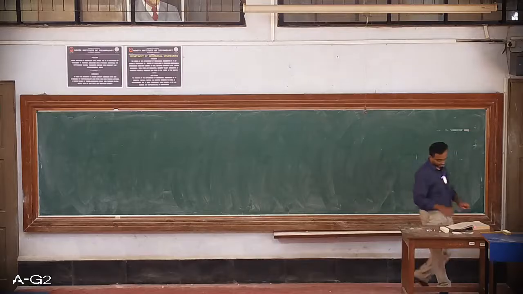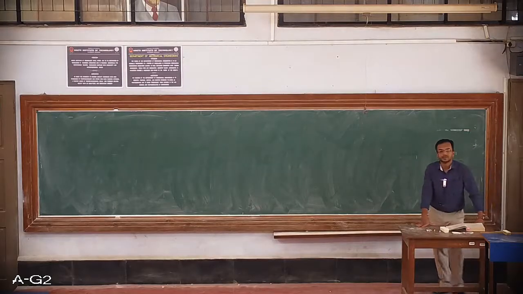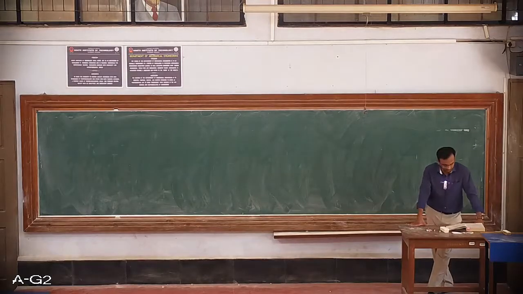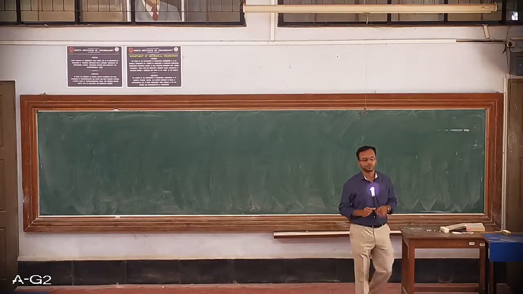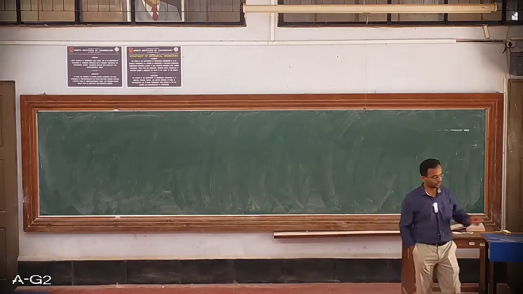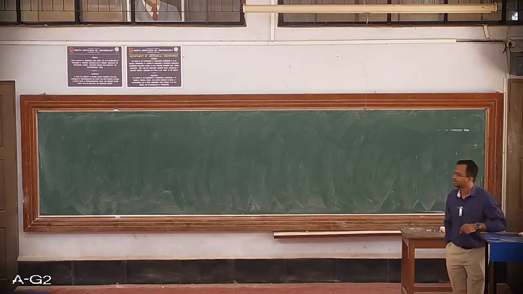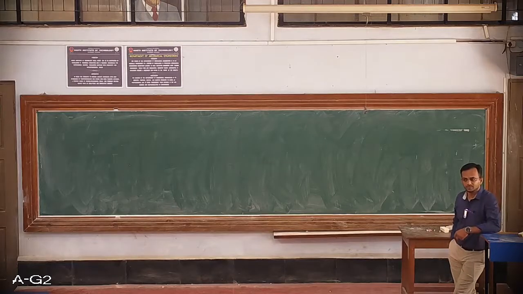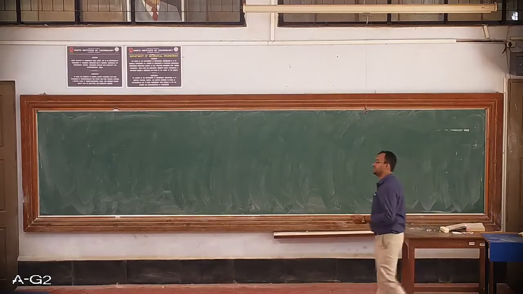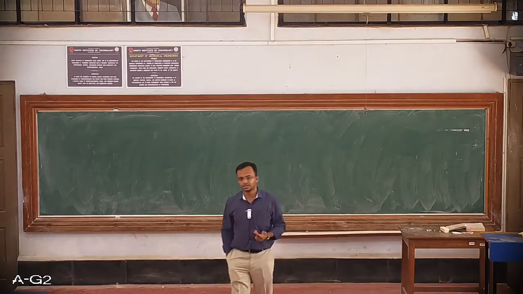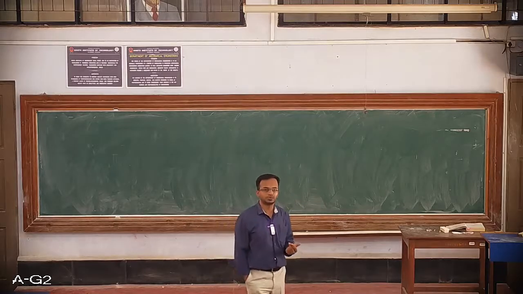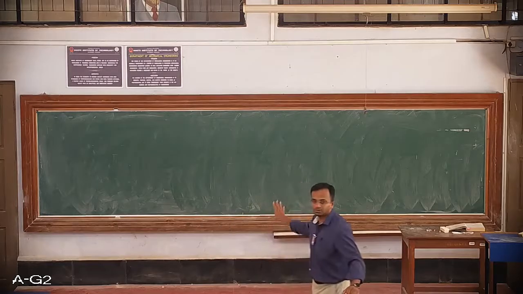We'll start up with the next problem. As discussed in the previous video, we'll be taking up now a problem which has a roller follower, and I'll also deal with the problem which involves a follower moving with cycloidal motion. So far we have covered uniform velocity, simple harmonic motion, and uniform acceleration and retardation motion. This will be the last type of follower motion, that is cycloidal. So that will be covered up in this problem.